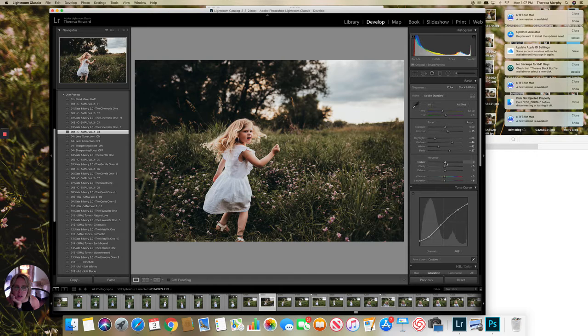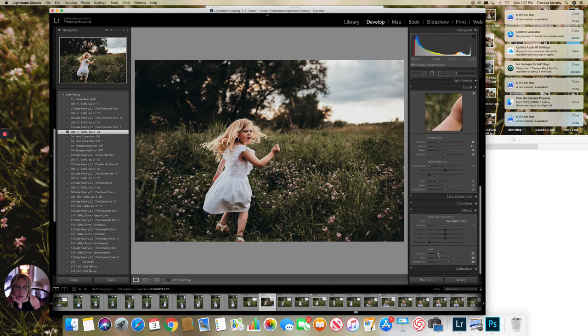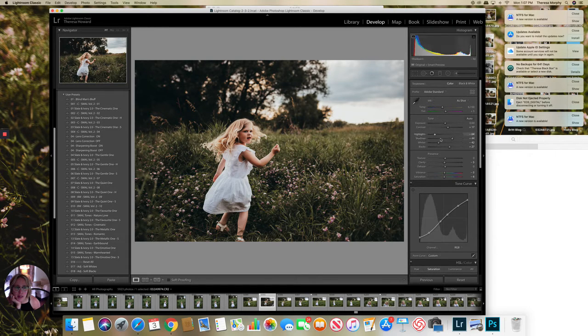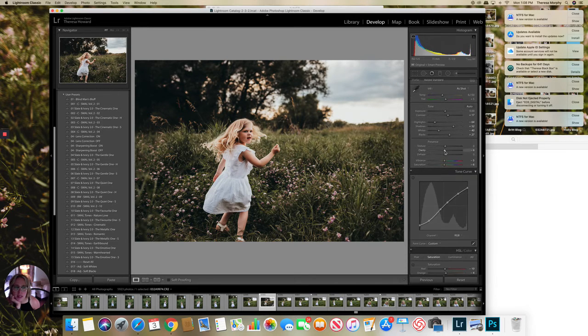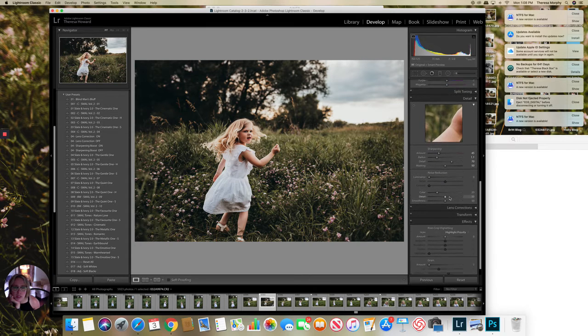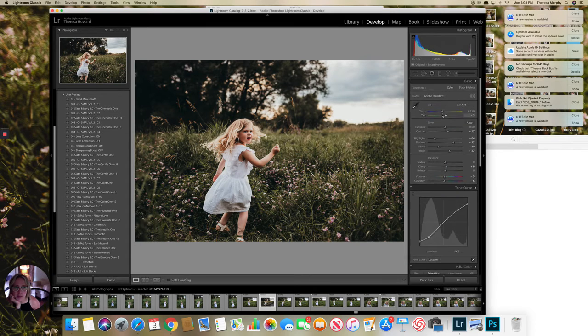So I'm going to put that on this image, and I don't like grain, so I always take the grain off. And I like grain if it's on black and white, but not so much with color. So I'm going to bump up the contrast a little. Maybe bring up the shadows, some of the whites, play with the clarity just a little bit, bring that up, and yeah, maybe warm it up a little bit,